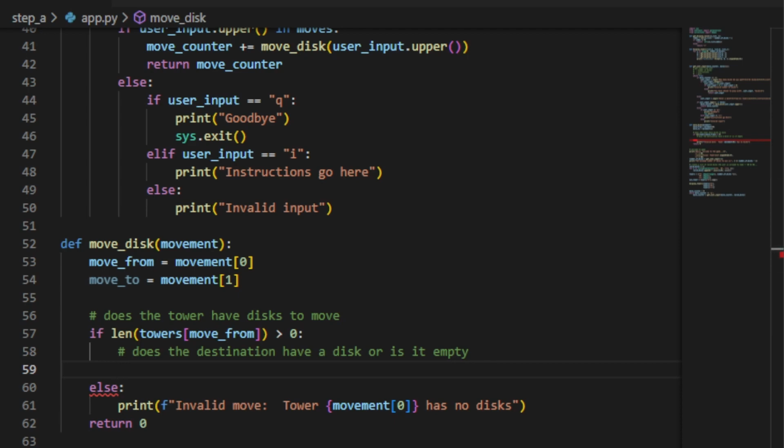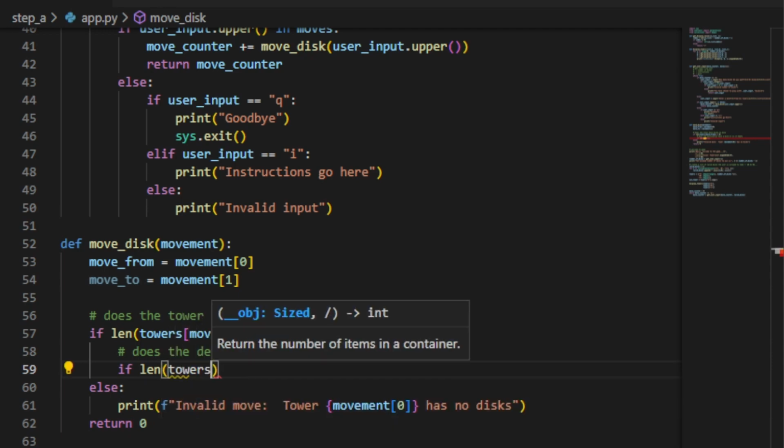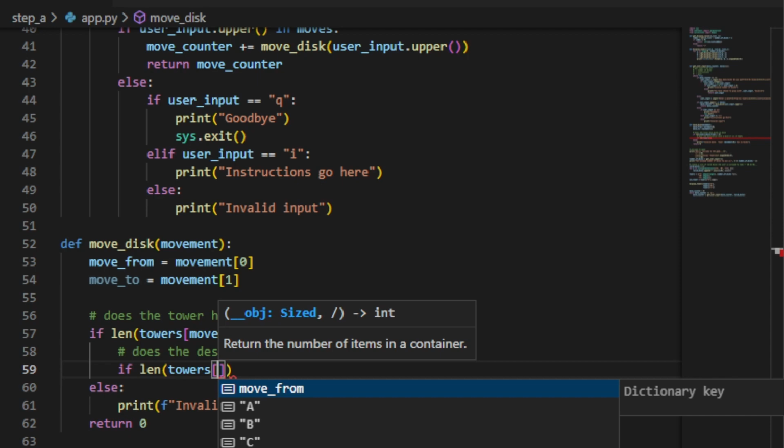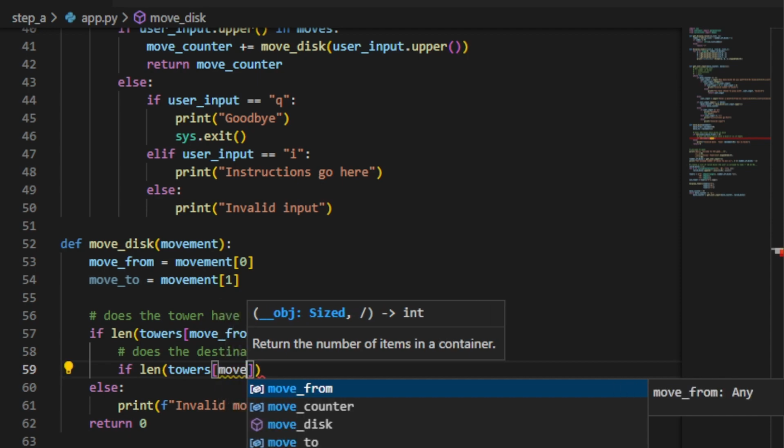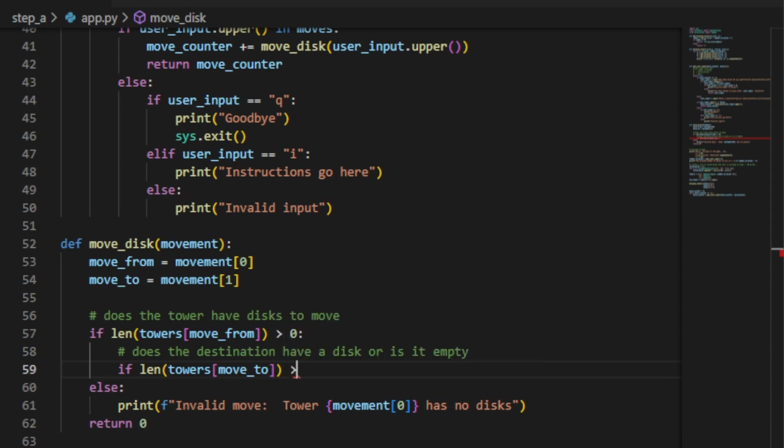We want to check its length. Tower, and this time it's movement 2, or move 2. And is that greater than 0? If it's not,